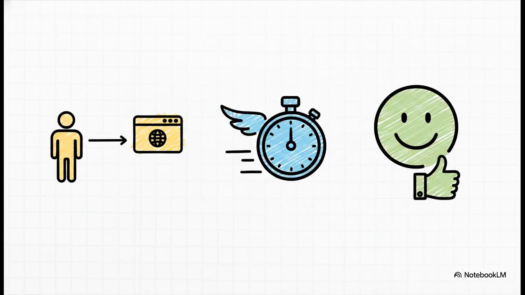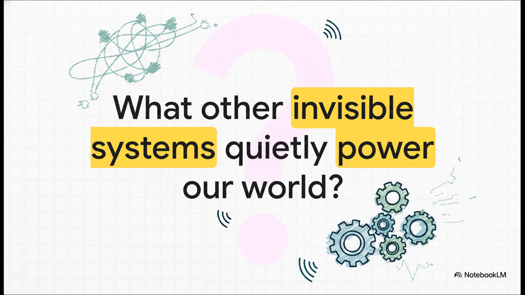So, the next time you're just effortlessly browsing the web, take a second to remember the invisible translator working behind the scenes. DNS is that silent, efficient system that takes the vast technical world of the internet and makes it feel simple, intuitive, and, well, human. DNS is such a powerful reminder of the incredible, invisible infrastructure that supports our modern lives. Which really makes you wonder, doesn't it? What other silent, essential systems are working all around us, just waiting for us to discover them?